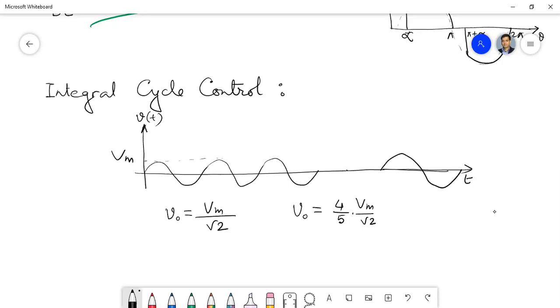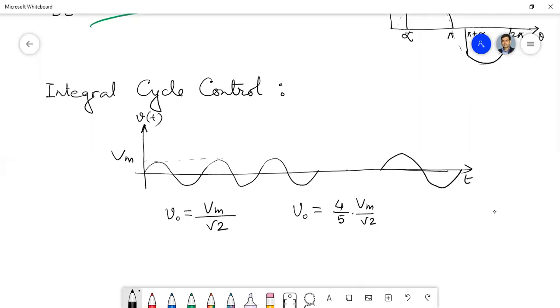Clear? If I switch off one complete cycle, there will not be much change. You may think that in an electrical system, if I make one cycle off, it may create some ripple in the current waveform. But here the current waveform is not my desired output. My desired output is the temperature of the process. Therefore in the temperature you will not see any variation.